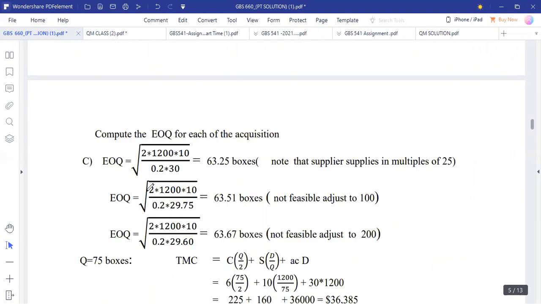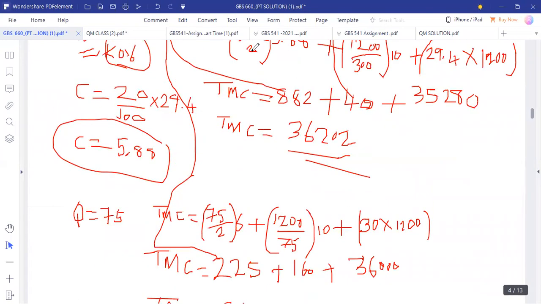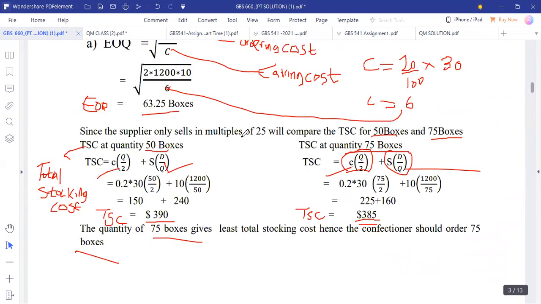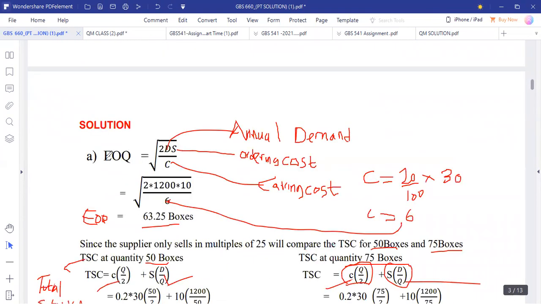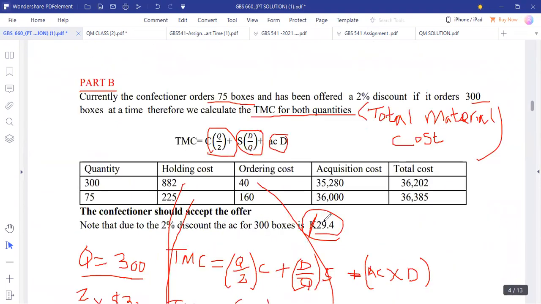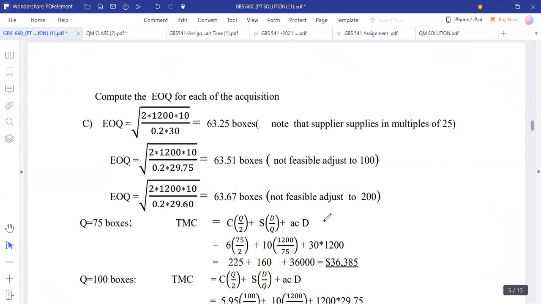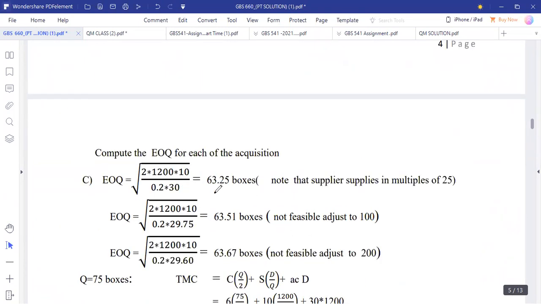these ones here. So we are going to find EOQ for all ranges. So first one, we are saying 2 is constant. So 2DS over C. The same formula applies. Okay, for economic order quantity, the EOQ simply means economic order quantity. So here we have 2 multiplied by 1,200 multiplied by 10 over the 0.2 multiplied by